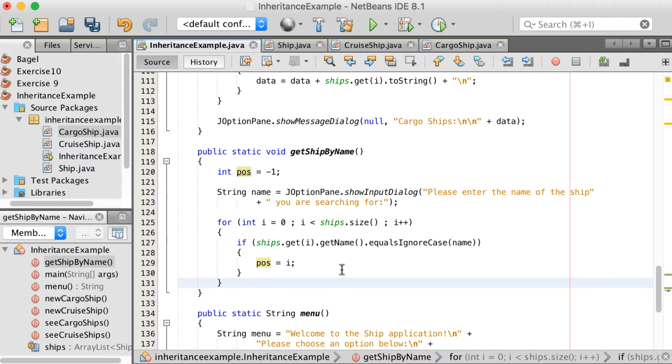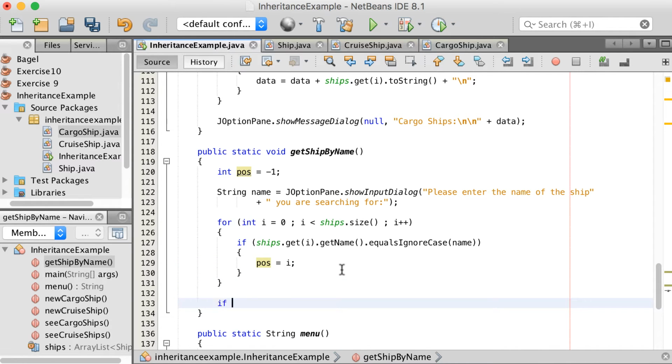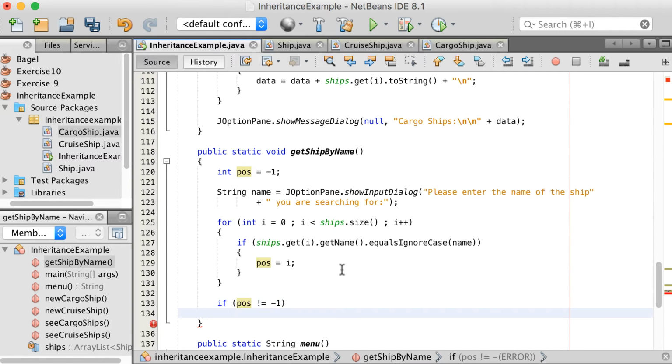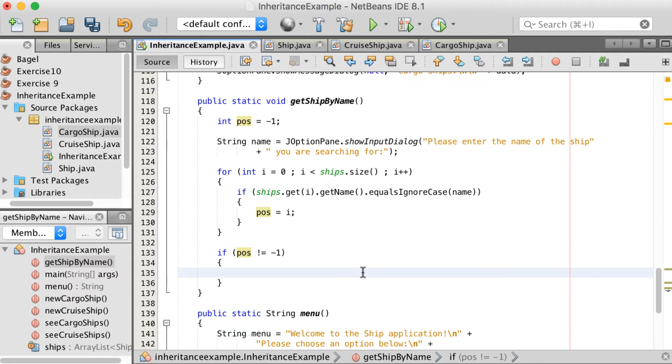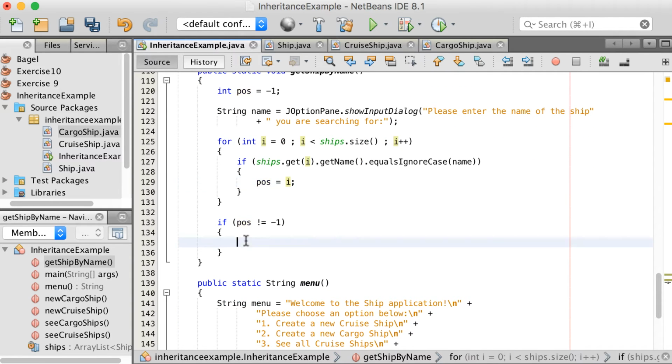And now after the for loop, we can just go and test if this position is not equal to -1. If it's not equal to -1, it means that we have found it and it's at this position. Okay, so if it's not equal to -1, we're going to say JOptionPane dot showMessageDialog, null in the middle of the screen. Then the second argument, we're going to say info of ship